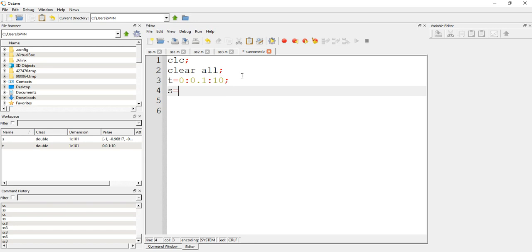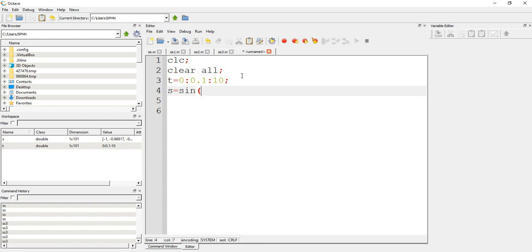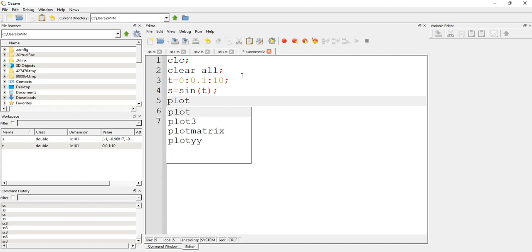Next is what, I have to define the signal. So there are predefined commands in this software. So if I write sine, then this is a predefined command. So directly I can give sine t. So next, I need to plot the waveforms for continuous as well as discrete. Now in this program I am generating a continuous signal. So that's why I am giving plot. So you can see plot, what, x-axis comma y-axis. That's it. So plot t comma s.